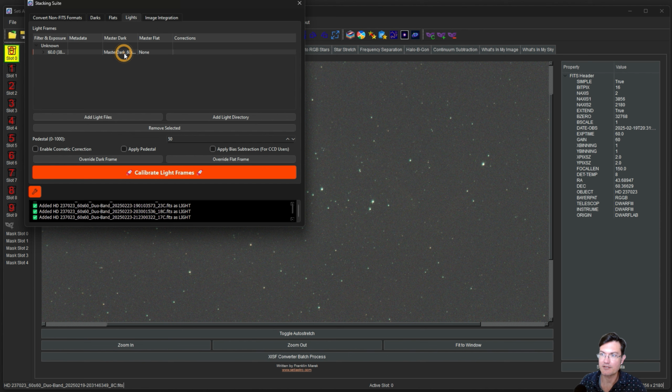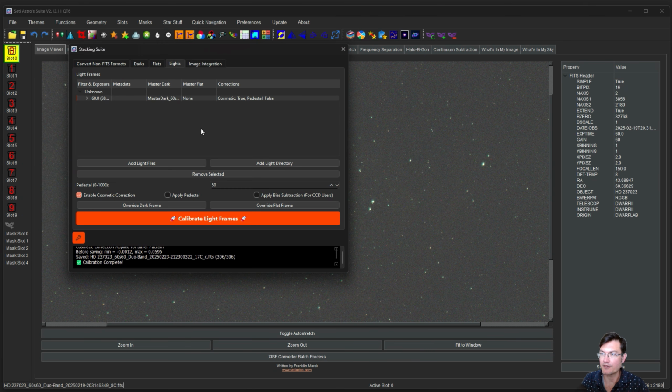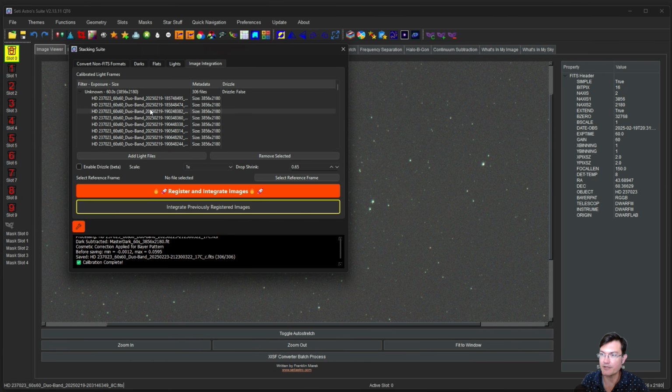And you can see that it's applying the master dark for us. I'm also going to click Enable Cosmetic Correction. So we're going to do the dark subtraction and cosmetic correction, and then just say calibrate those light frames. It'll do all the dark subtraction first, and then go through and do the cosmetic correction. Okay, with the dark calibration complete, we can now move ahead and do our